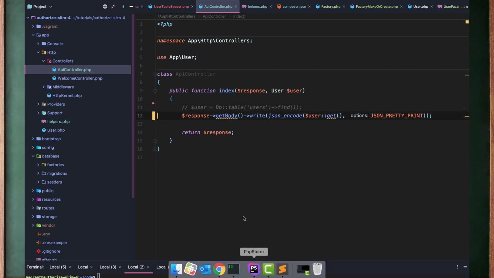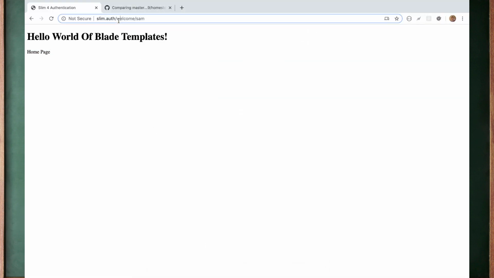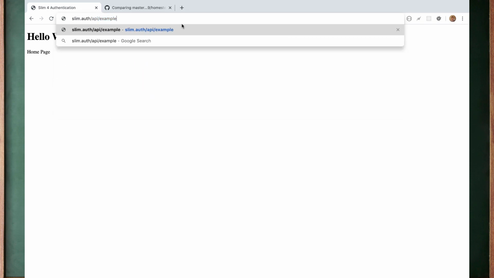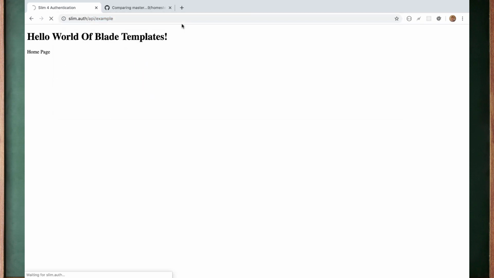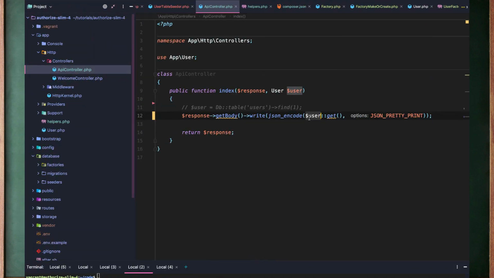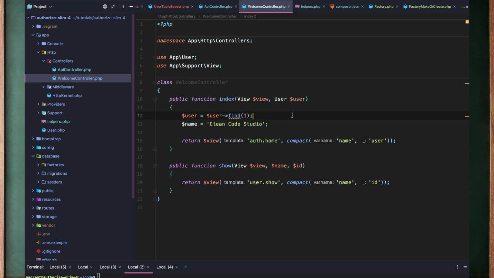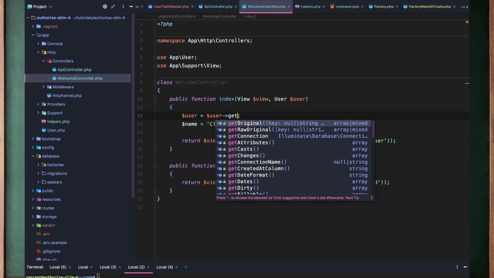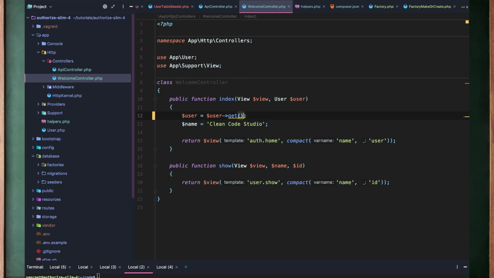And of course, if we go and we open up right here, and we go to API/example, we will get all of the users we just created with our dummy data. If we want to pass that through to like a view template, so we'll go to our welcome controller, and we'll say users get, and we'll say users this time, users, and we'll do